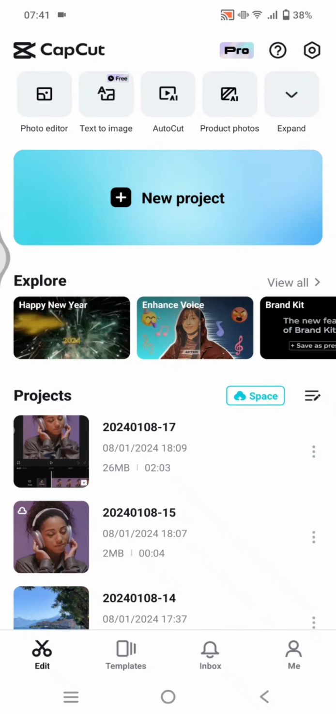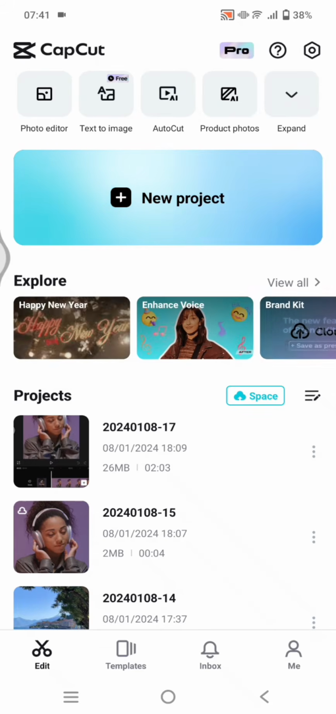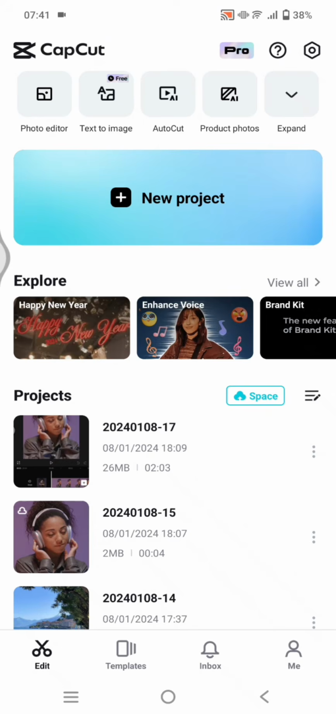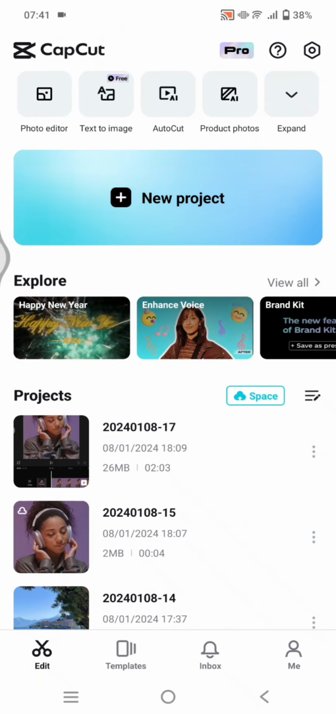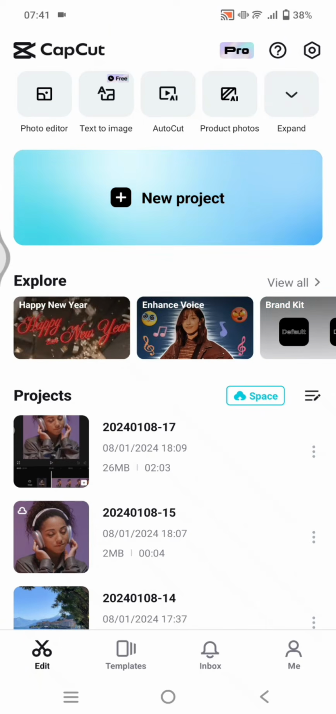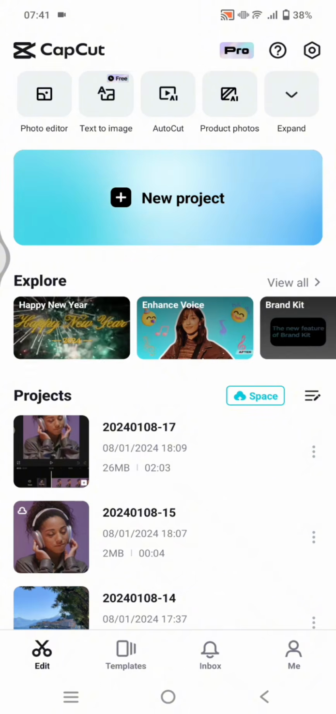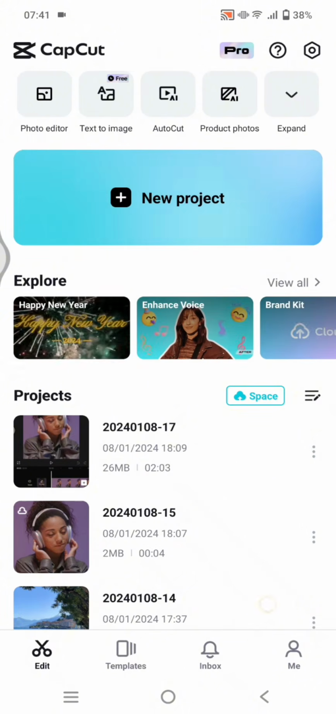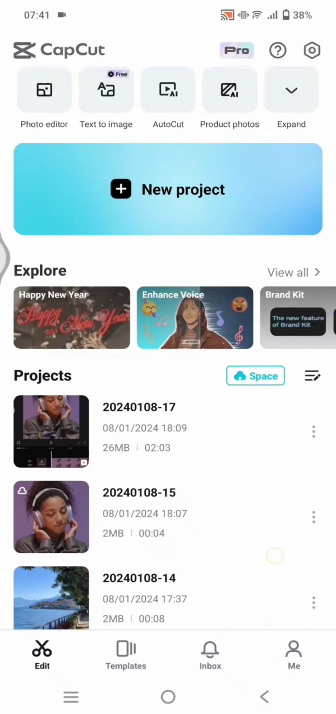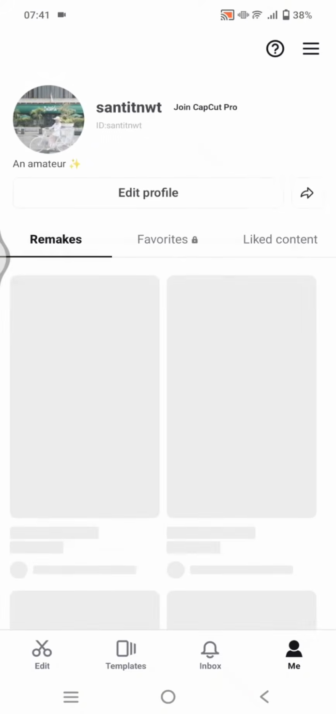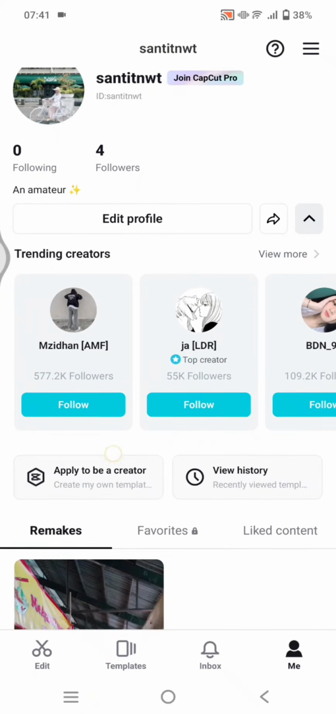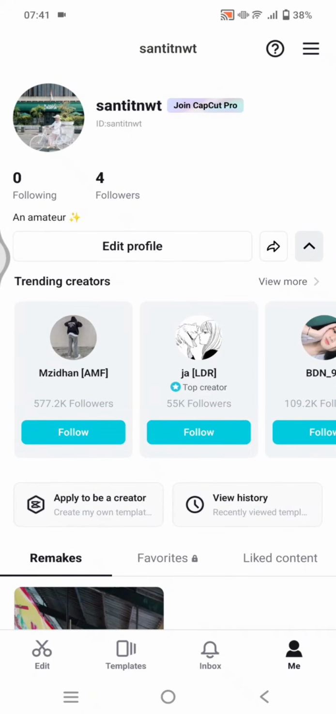On today's tutorial, I'm gonna show you how you can easily apply as a CapCut template creator. So in here, I've already opened the CapCut app. If you want to be a CapCut creator, what you need to do is go to your profile in CapCut, click on the Me button, and here in your profile you'll see this option, apply to be a creator. So click on that option,